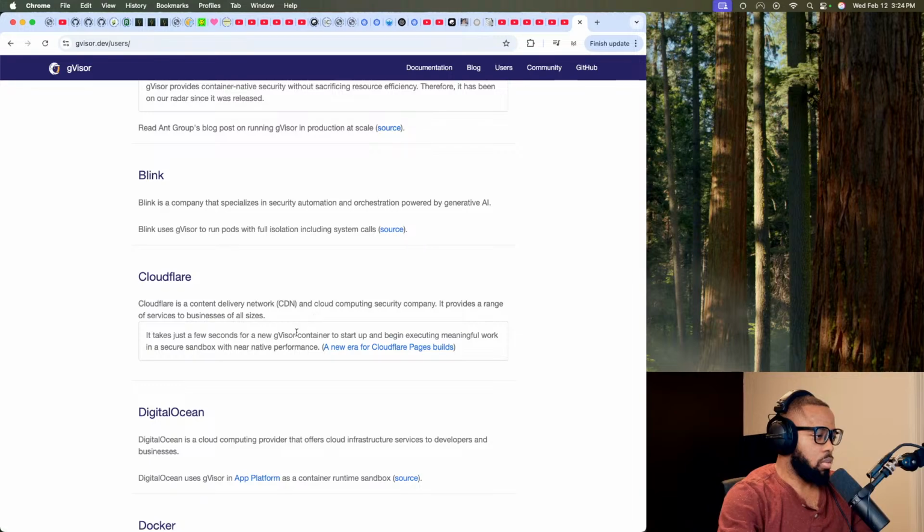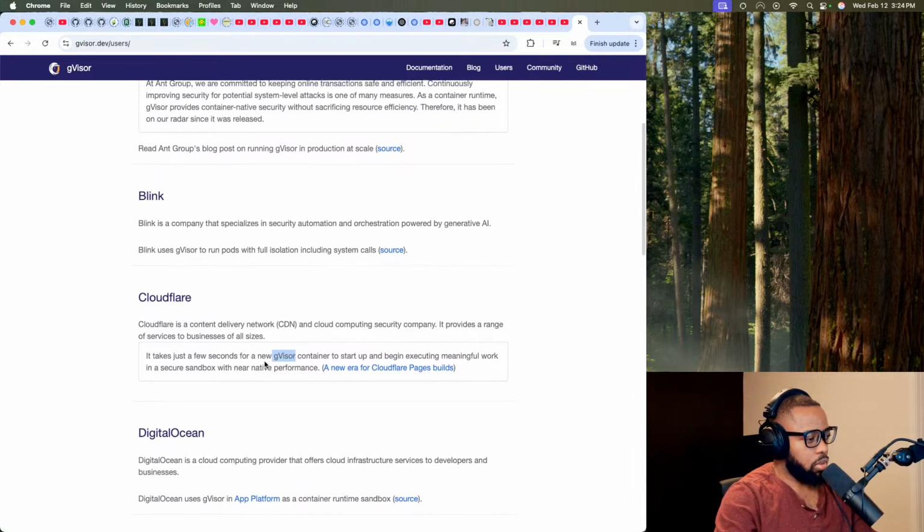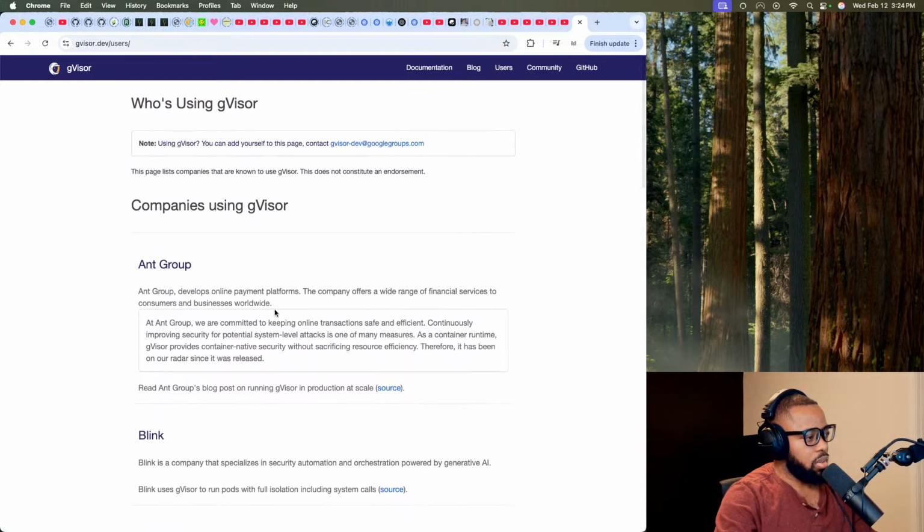Cloudflare. For some reason, just now in my head, I was thinking, wouldn't Cloudflare have their own virtualization thingy? But why, if you can just use what Google has done or Amazon has done? Why would you invest so much time into building your own hypervisor? Except when you are